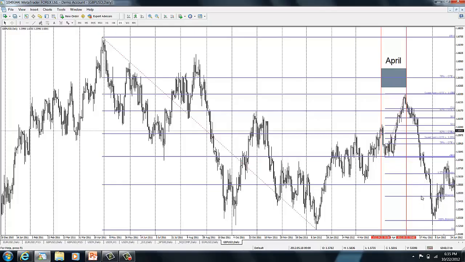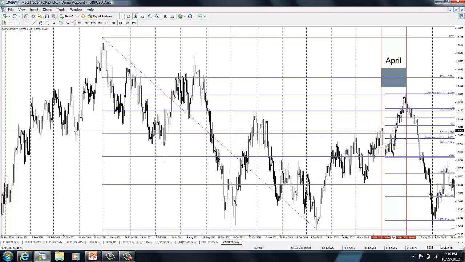Or you could take 10, 20 at 162, and then leave the remaining portion to reach for 200, or you could just take the remaining 50%, divide it by 30 of the original position, take it off at 127, and then the remaining 20% would be off at 162 extension and not reach for the 200. Or you could just go for broke, and once it takes 127 out and starts reaching for 162, trail your stop down to the 127 for the remaining portion. So if it comes back up, at least you're going to get out with your remaining half at a nice logical area to take profits.